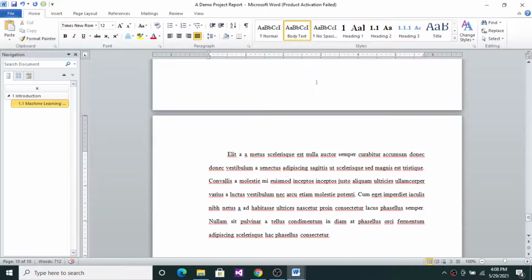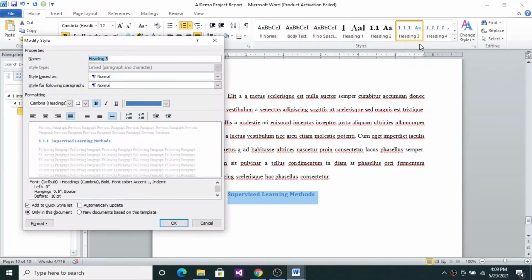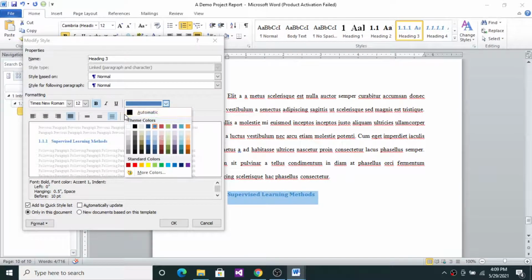let me start a subsection in machine learning methods as supervised learning methods. So this is my subsection. I'll do this, and then I'll say heading 3, and let me modify 1.1 first subsection. So it is 1.1.1. It is Times New Roman. I'll keep it 12. I'll keep it bold,